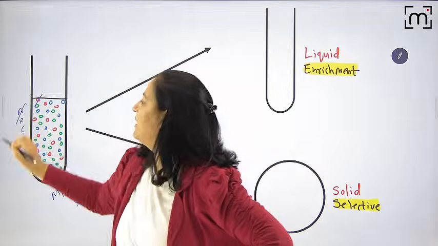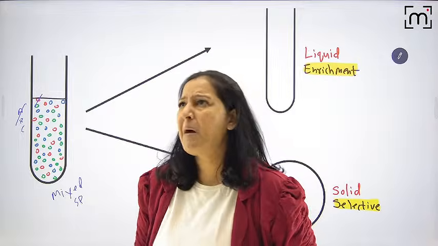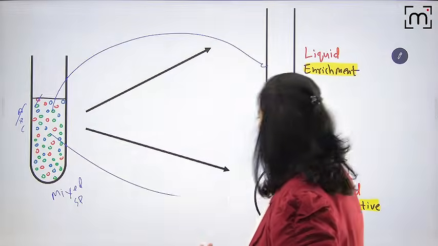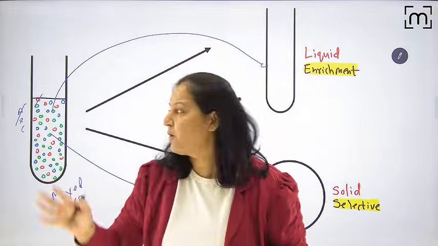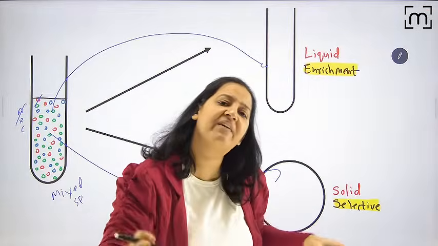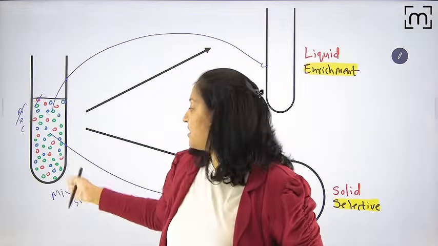I want to grow A, not B, not C. Can you do it for me? That is my wish. So ma'am, how is it possible? If you do inoculation, whether on solid or on liquid, they all will get nutrition together. So they all will grow. Because you will do the inoculation, they all will reach here. They all will get the food. They all will divide every 20 minutes. How is it possible to grow one of them, not others, if they are present in a mixed specimen?